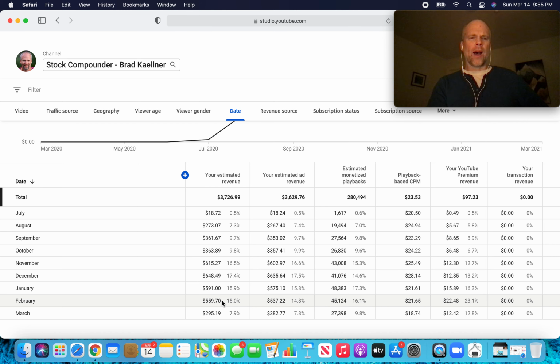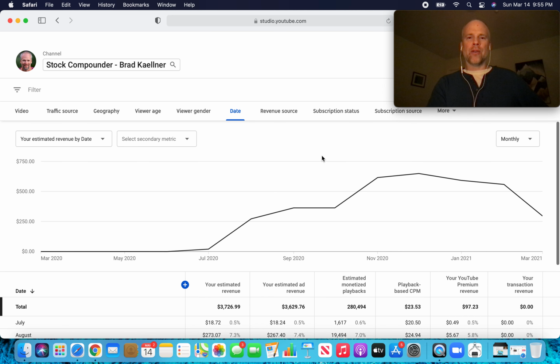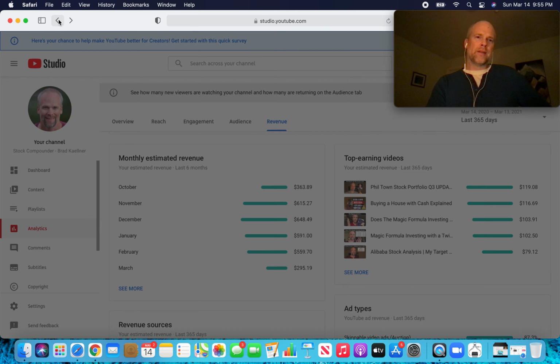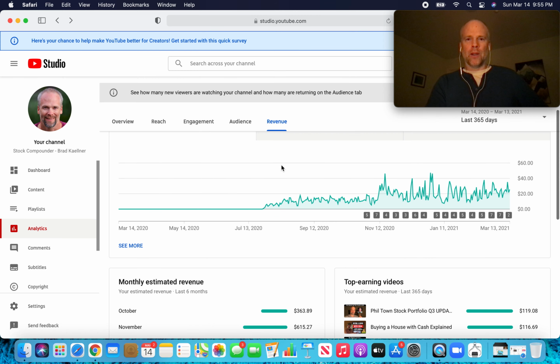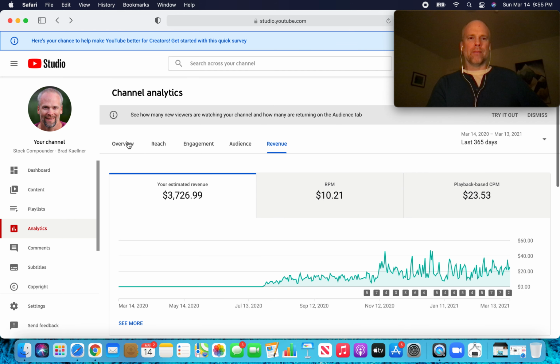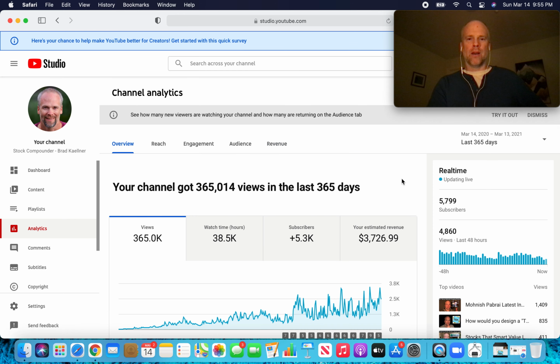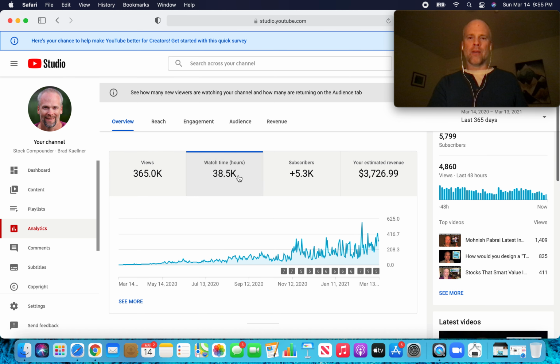Actually, probably a little higher in February because there were 3 days more in January. But still, I was hoping to be in the thousands by January and February. I don't have a very clear sense of what's happening there, because the other metrics look good. Like I said, we can see the views are on an uptrend, the watch time is on an uptrend, but